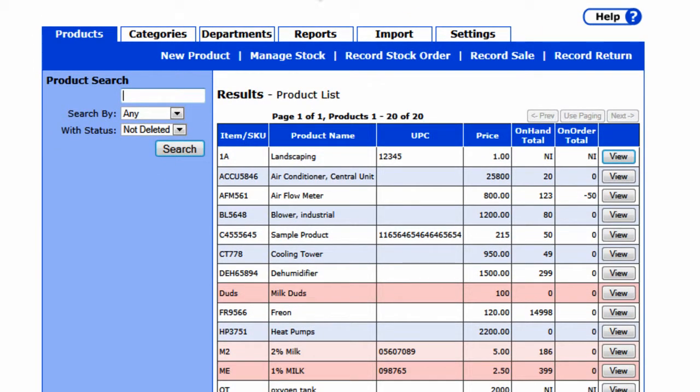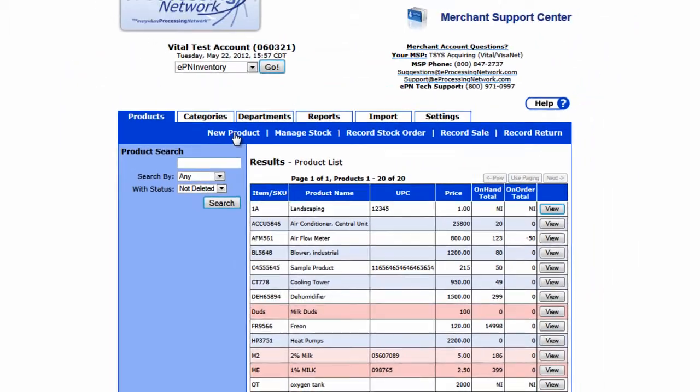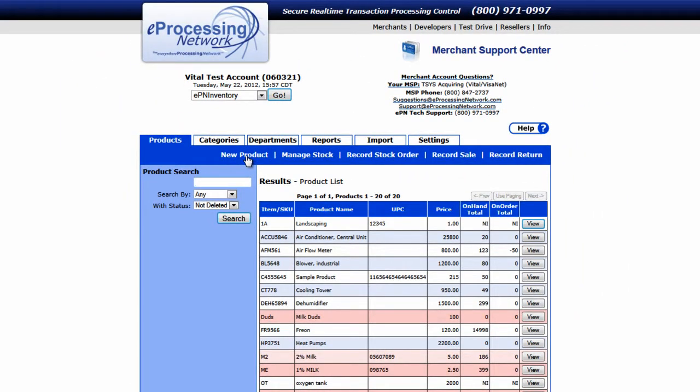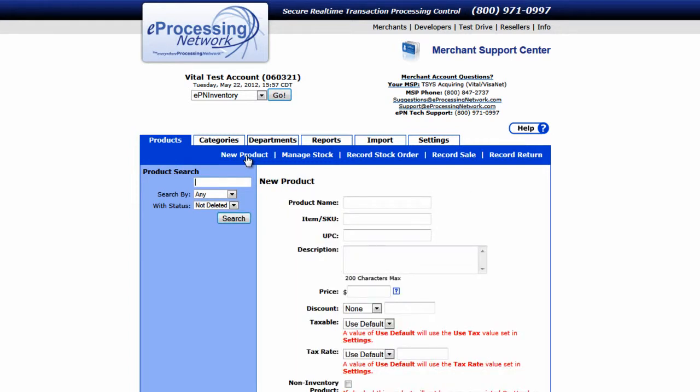This is the main screen for the inventory management system that comes standard with any account that's been set up with Level 3 transaction processing. Further details on the inventory management system are discussed in other videos. So let's suppose that we have a product we'd like to set up for Level 3 processing. We'll click on New Product, which will bring us to this entry screen where we fill out the information regarding